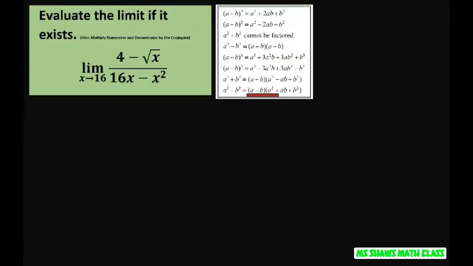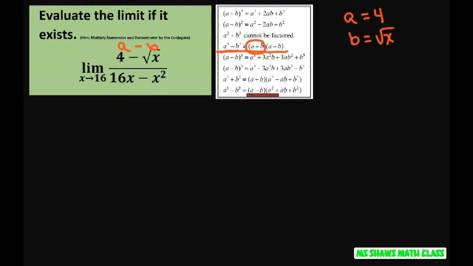So let me tell you what that is. This is what we're looking at right in here. We have the form of a minus b. So the conjugate is going to be a plus b, and then we can square it. So in our case, a equals 4, and b is square root of x. And the conjugate, therefore, would be